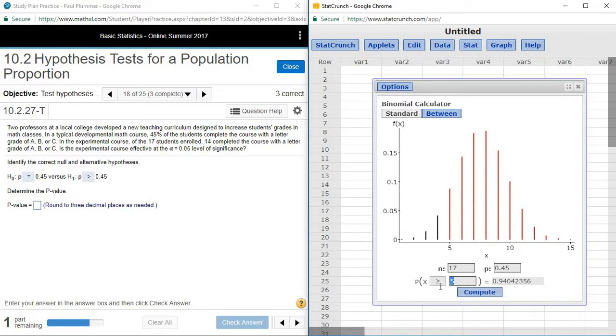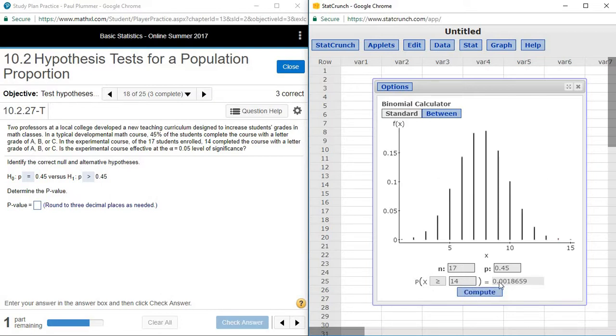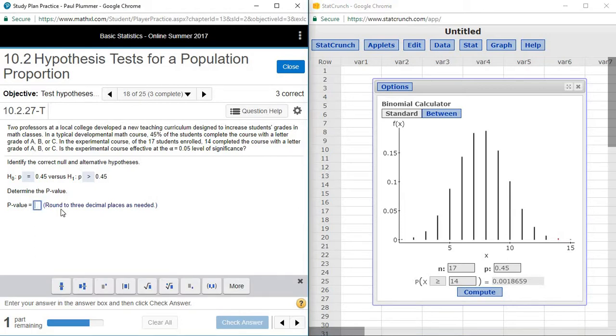And so in here, we're going to put what we actually ended up with. We actually ended up with 14 completing the class. So I have n is 17, our sample size. Our hypothesized proportion is 0.45, and we ended up with 14, so we're going to look at the probability that it's 14 or greater. And so that probability, you can see here, is